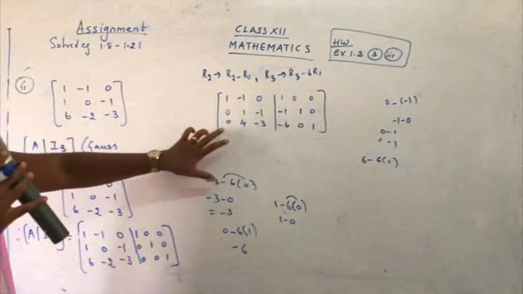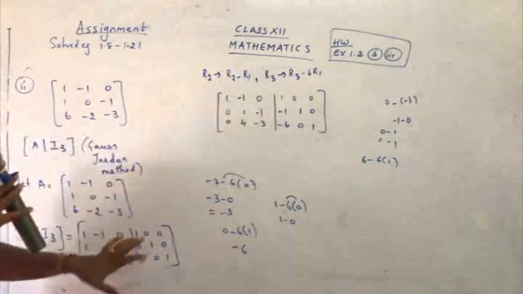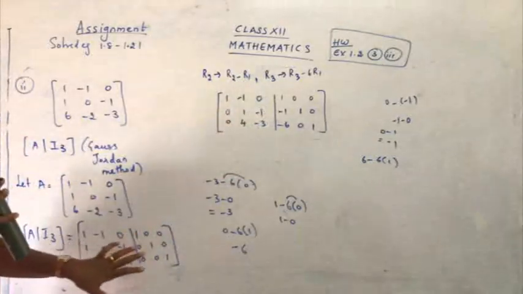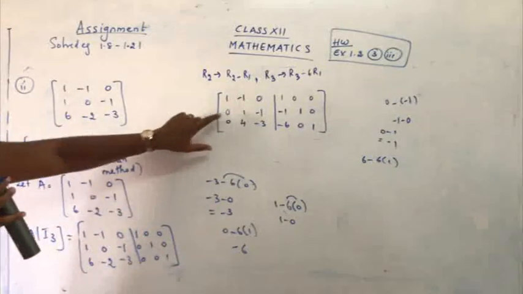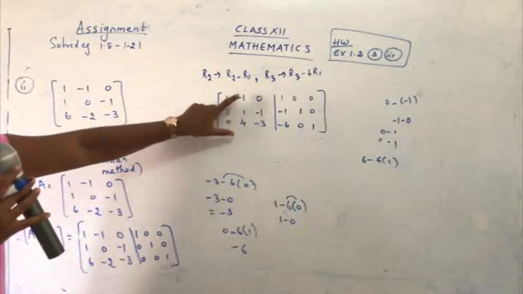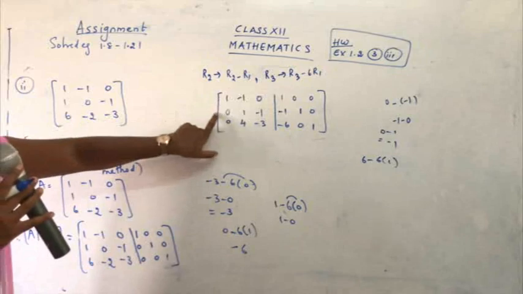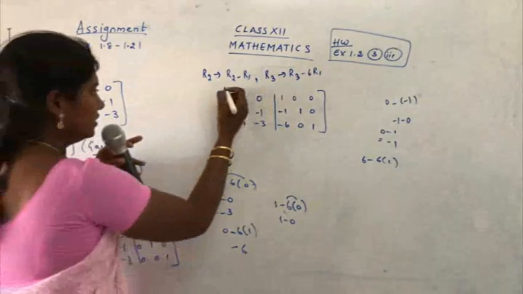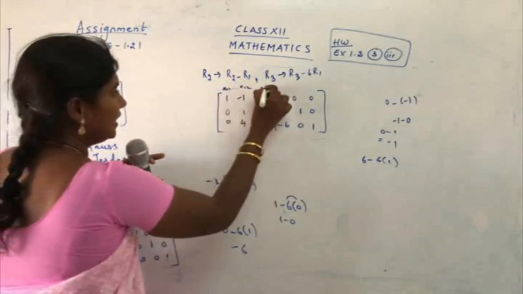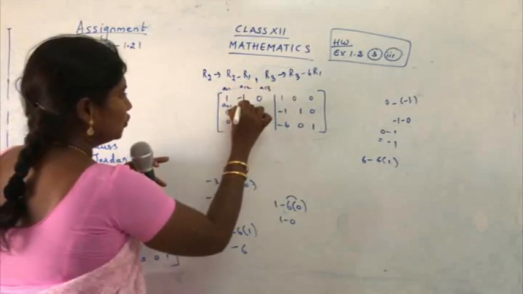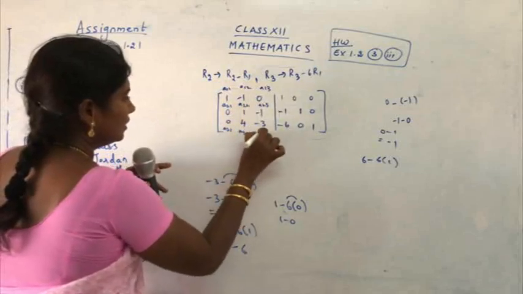Now we still have more steps to be done. We need an identity matrix over here. So we need 1, 0, 0, 0, 1, 0, 0, 0, 1. Now just see here, children. We have 1 here in the second column already. Second number, you can say what is that? This is A11, A12, A13, A21, A22, A23, A31, A32, A33.